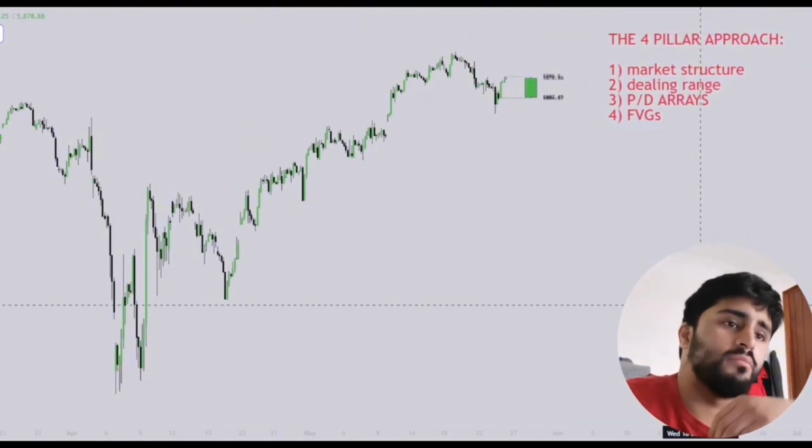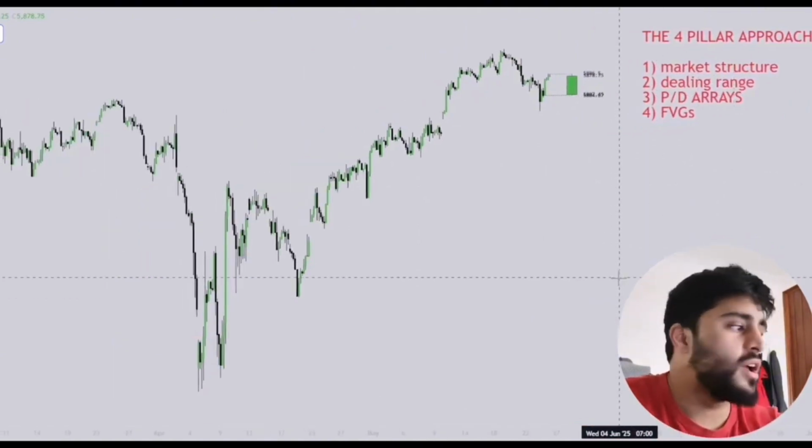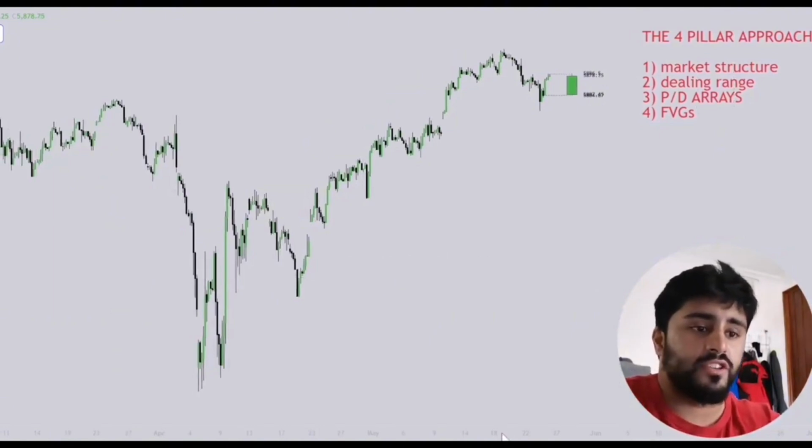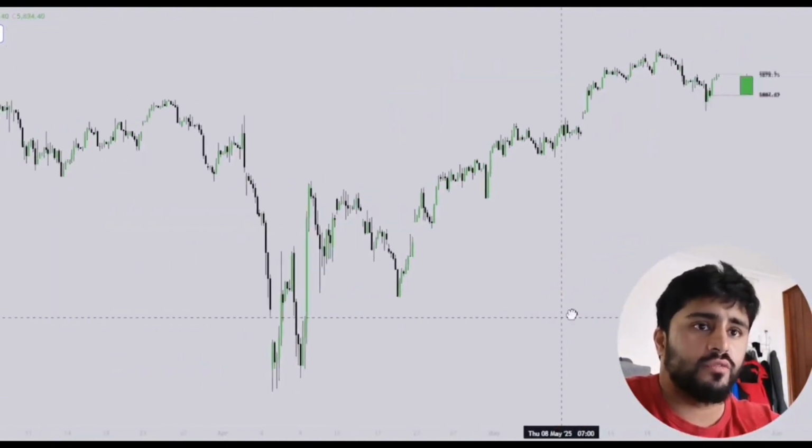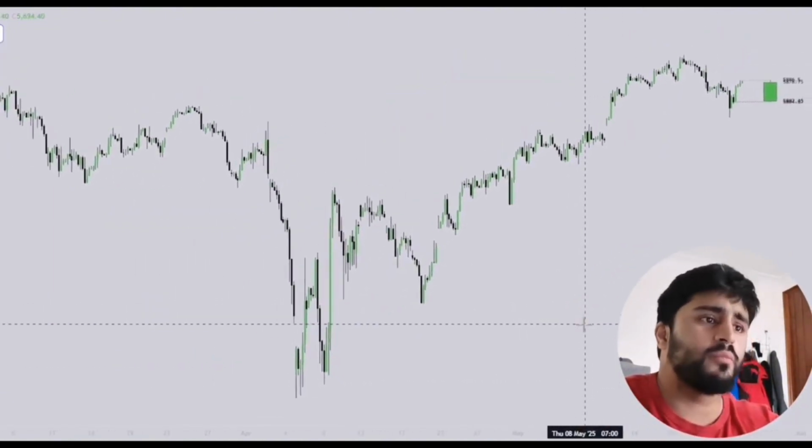So how would I mark up this chart on the S&P 500? So I want to start off by looking at my market structure. And so market structure itself, one of the most overlooked concepts and one of the most